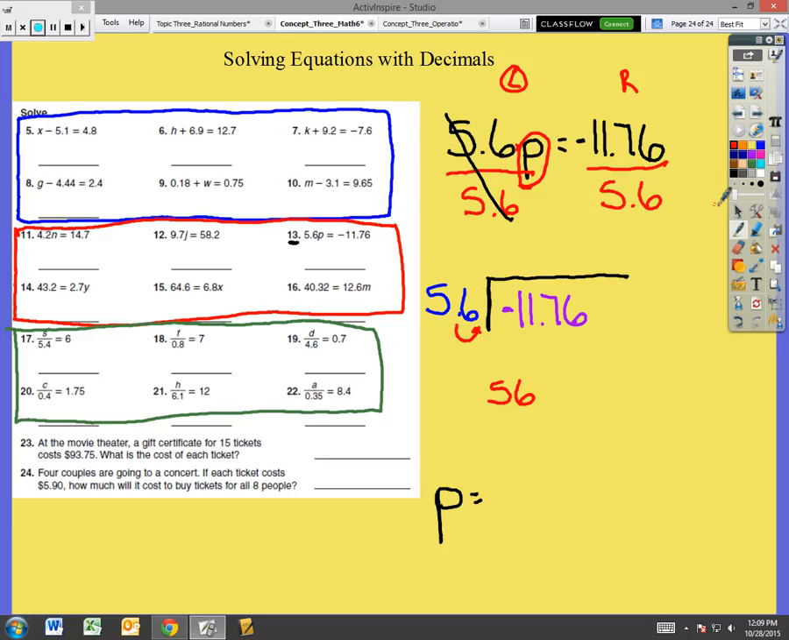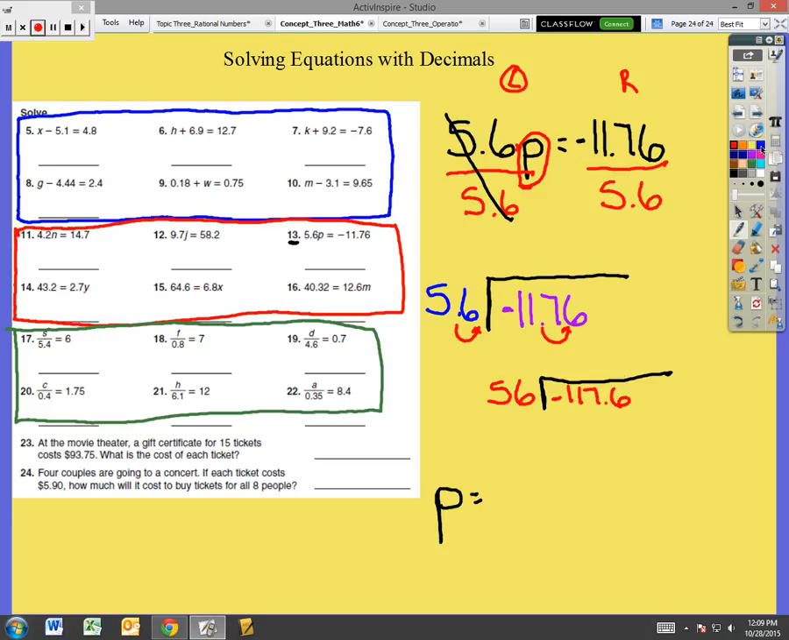The dividend now changes as well. I can't just change one without changing the other. Because I moved the decimal over here once, I must move it over here once. So what I have now is negative 117